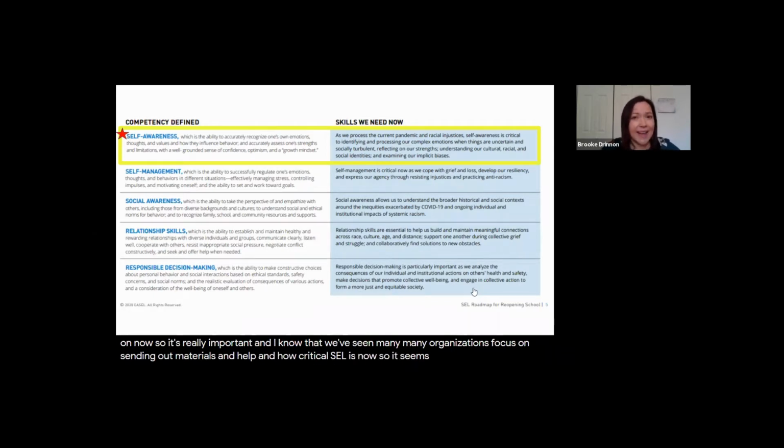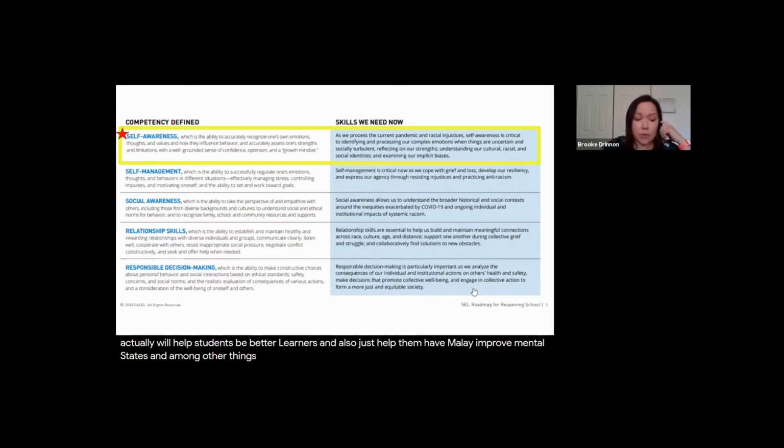So it seems like kind of like another buzzword, but today hopefully we'll work through some of the strategies and some of the resources and find some really streamlined, simple ways that you can integrate that actually will help students be better learners and also just help them have improved mental states among other things.